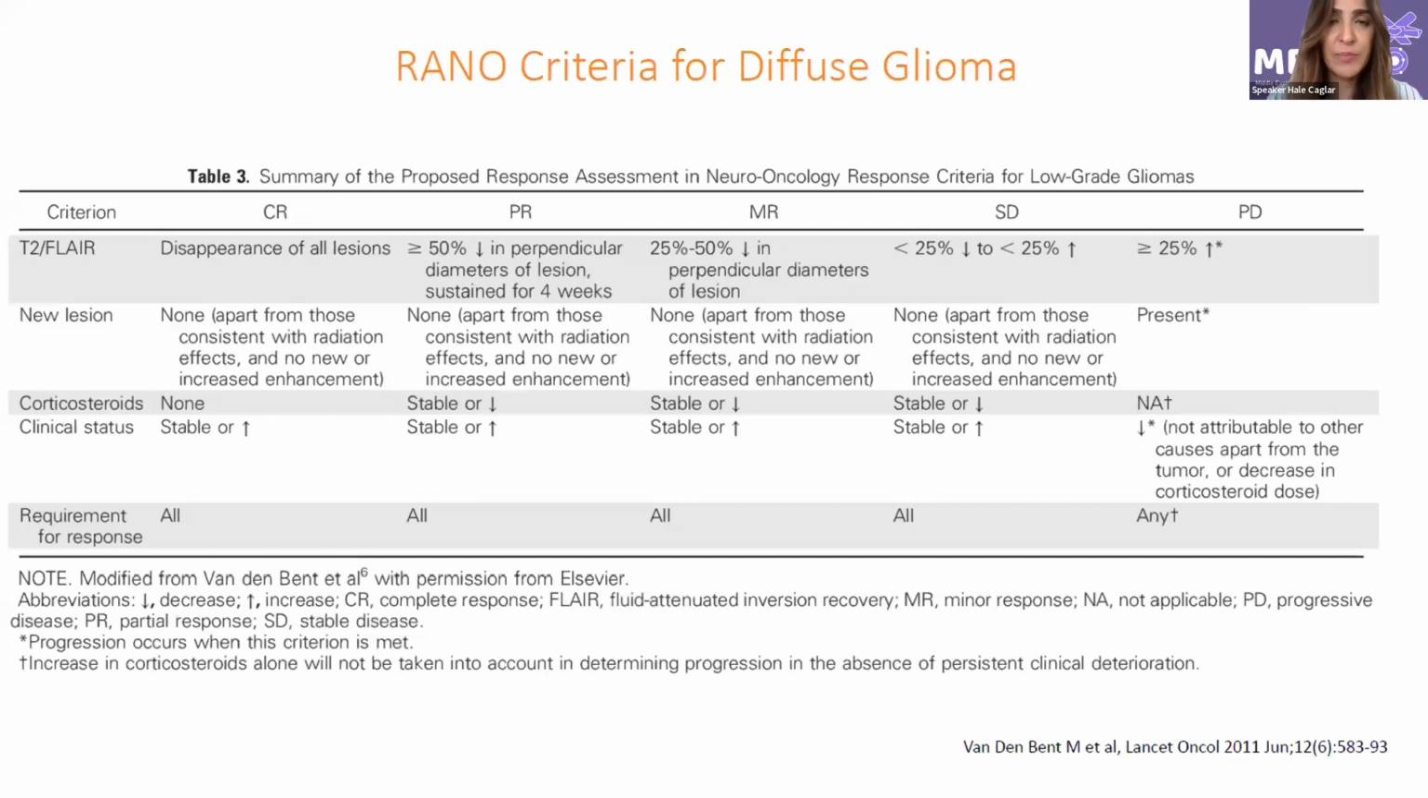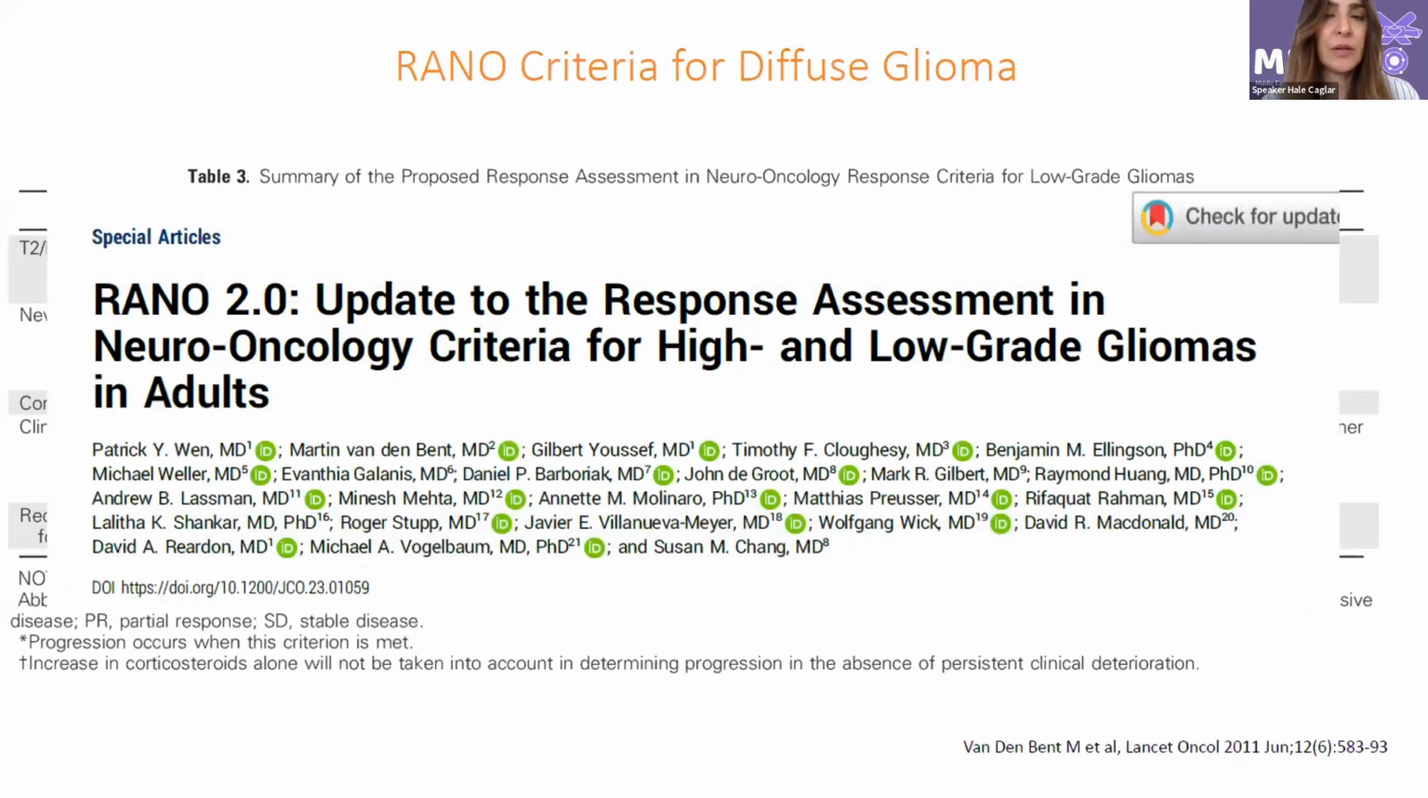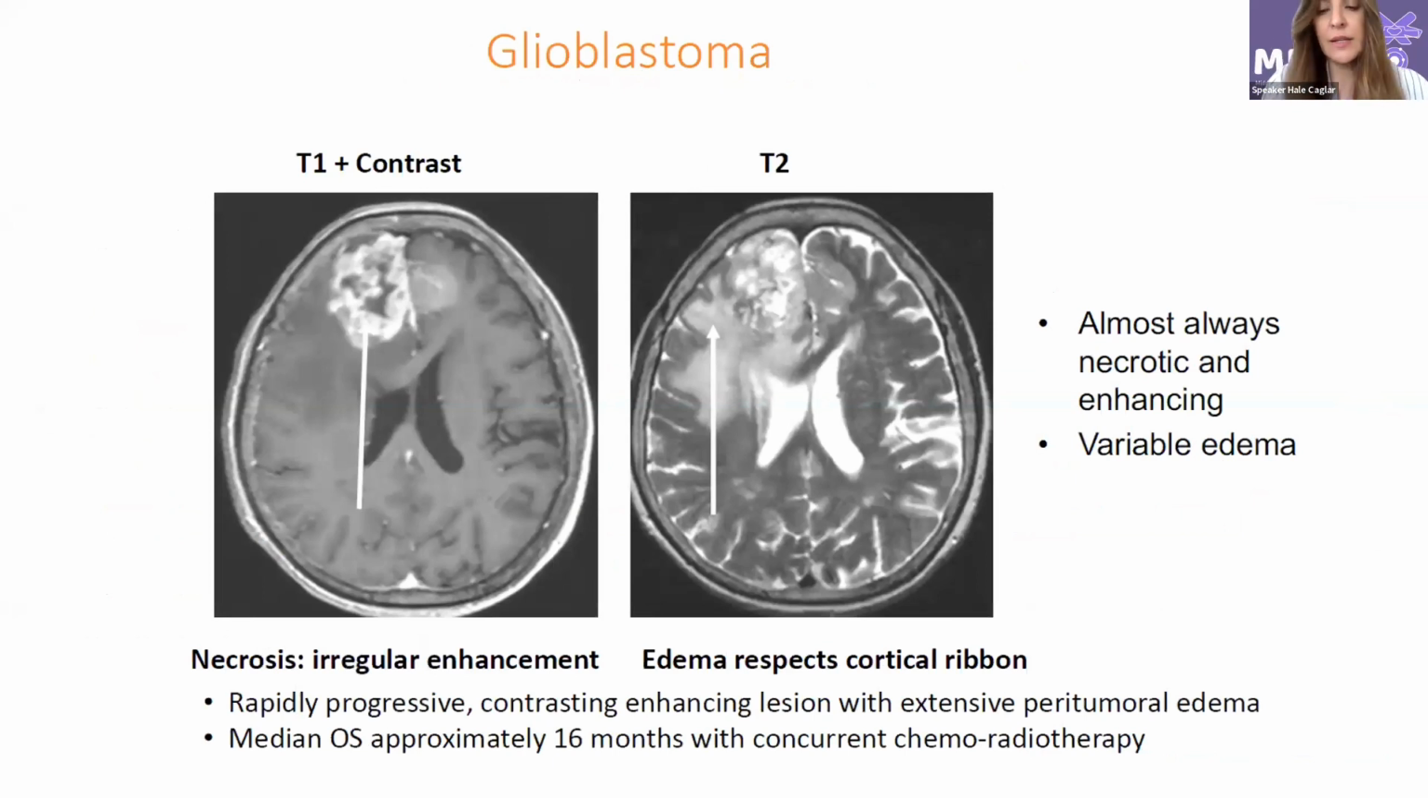One of the most important updates is the response evaluation. The Neuro-Oncology Society published the RANO criteria first in 2011 to standardize the follow-up procedures for patients who were treated for gliomas. This criteria has been updated this year with RANO 2.0 for high-grade and low-grade gliomas in adults. It was published very recently. The second group of patients that I would like to emphasize for primary gliomas is obviously